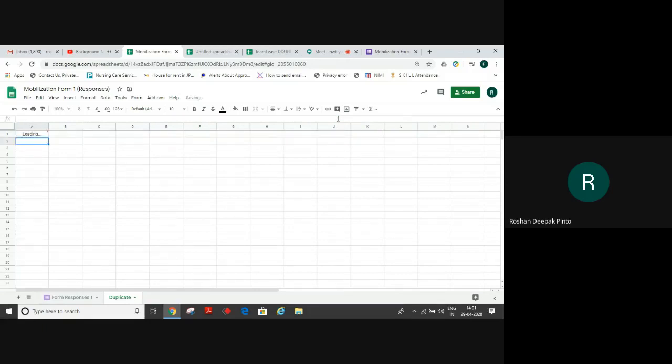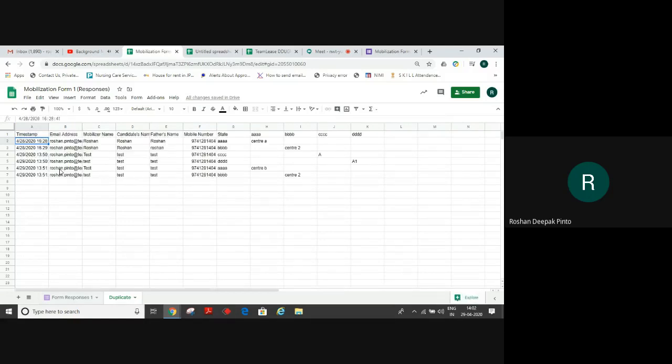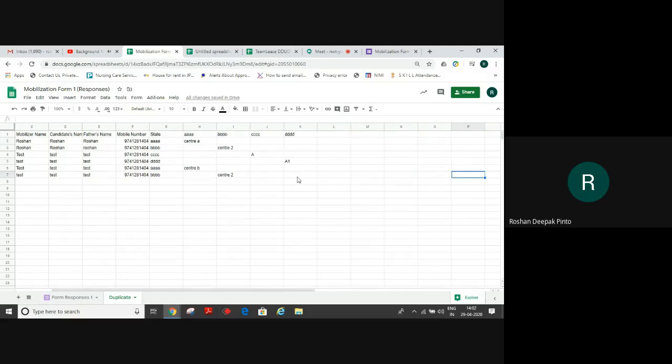You can press enter. It will show loading, and once the reference comes, you have to allow access. Once you allow access, the complete data that is there in the previous sheet will come and fall here as it is. Now to create a student ID, we are gathering the data of a candidate. So when we are gathering, the candidate has to be unique.